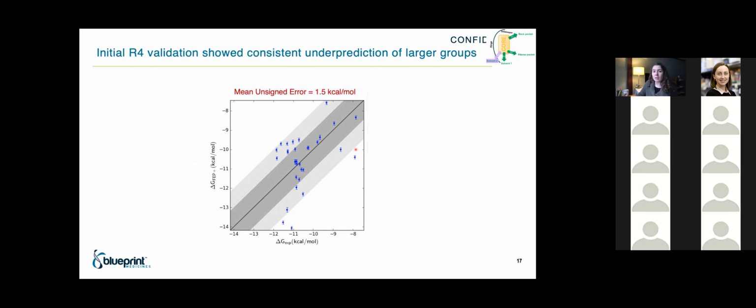The other vector, R4, we weren't that lucky from the get-go. So this was the initial validation set, and we had about 1.5 kcal per mole error, but this was a very critical vector for us, because we knew from our SAR that we can really pick up potency in this vector. So we really needed FEP to work well